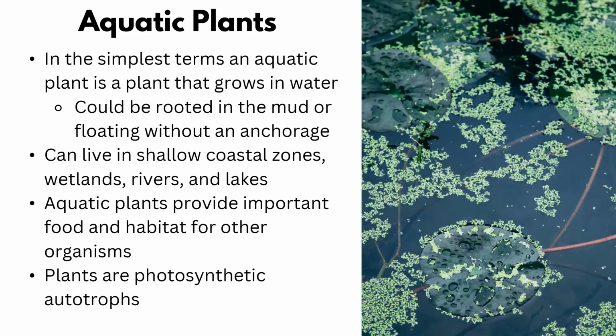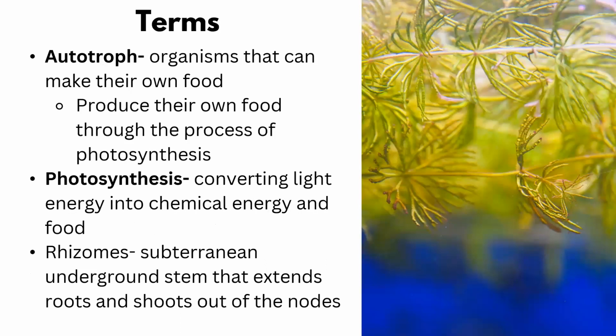But plants are going to be photosynthetic autotrophs. If you remember back to 9th grade biology, what are those words? Don't worry, I got you. An autotroph is basically an organism that can make its own food. They produce their own food through the process of photosynthesis. And if you're wondering what photosynthesis is,